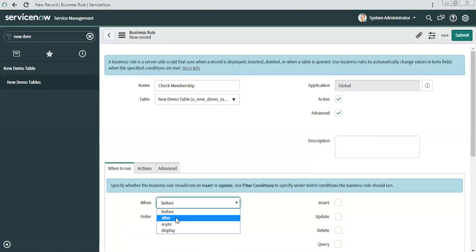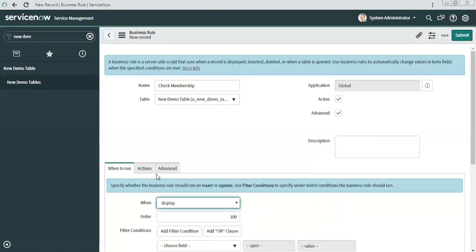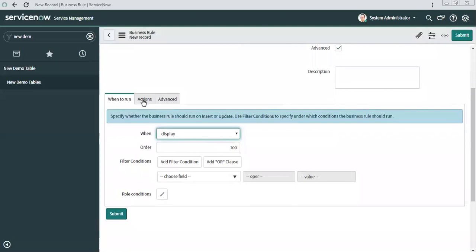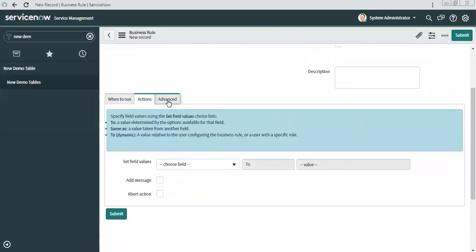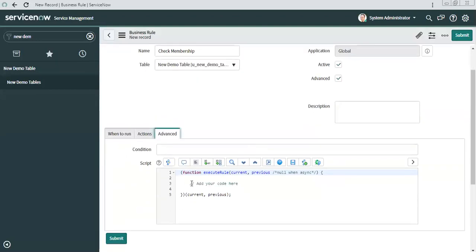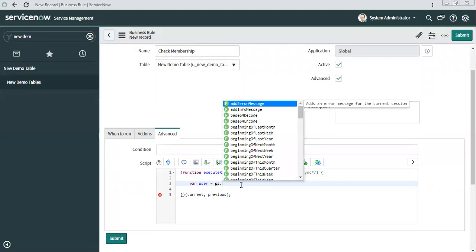We'll click Advanced. We will click display. So what we will do, we'll use where user is equal to... gs is the object inside this class where that function exists.